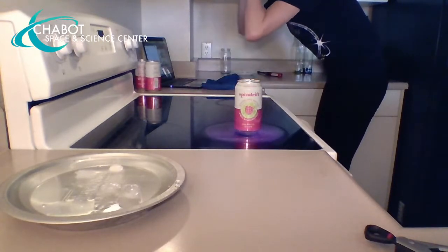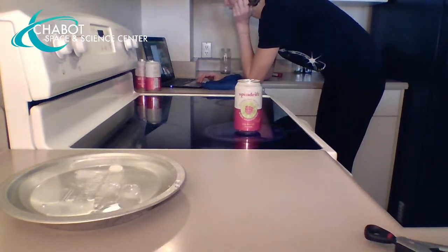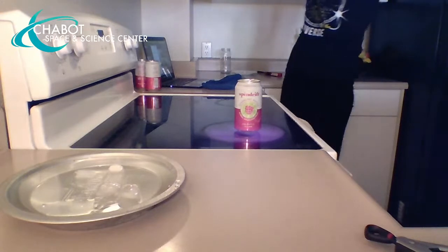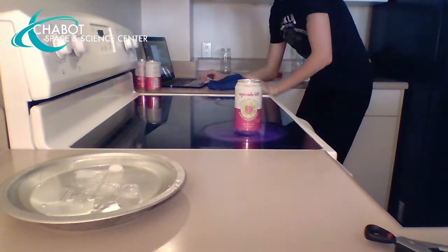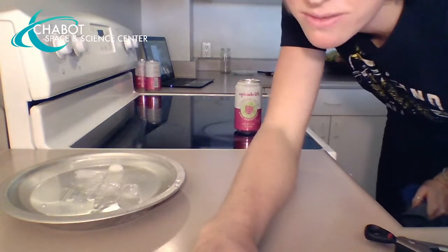So what are some things you notice I've got with me? Materials you might recognize or not recognize. All right. So this is sparkly water. It is not to drink for adults. But you can see we've got